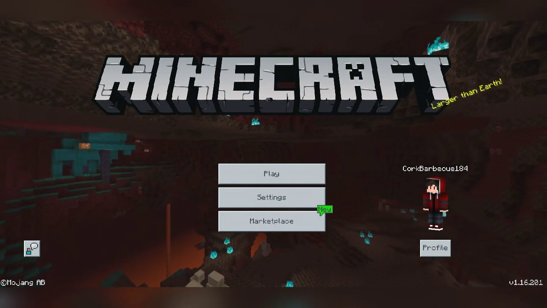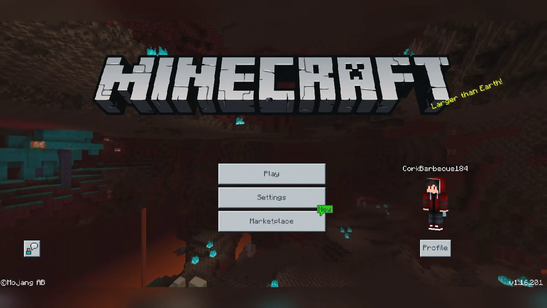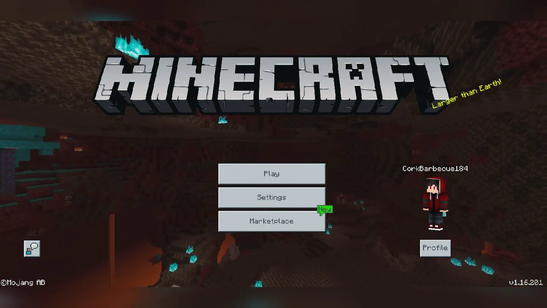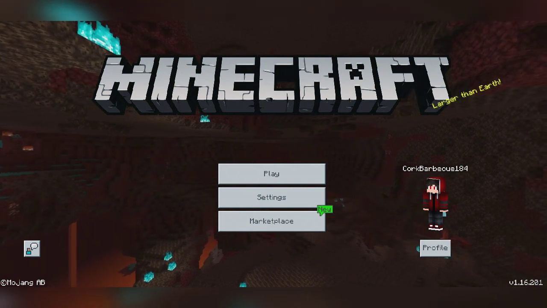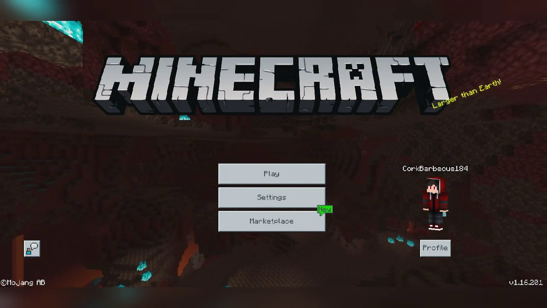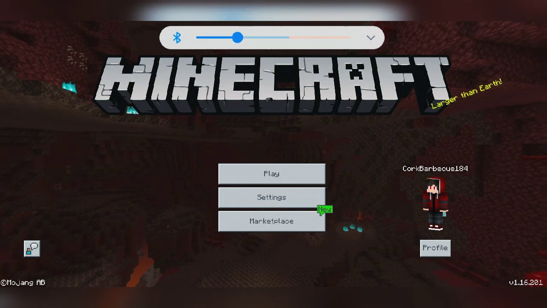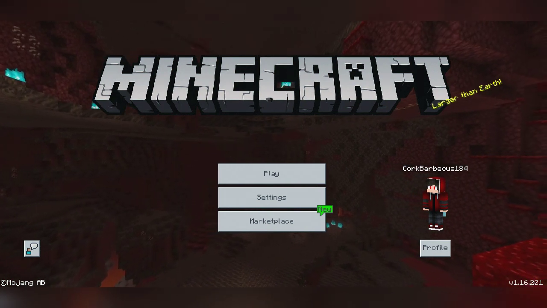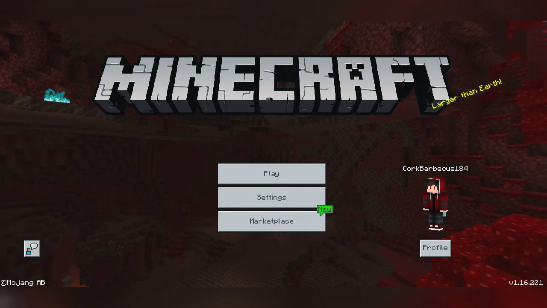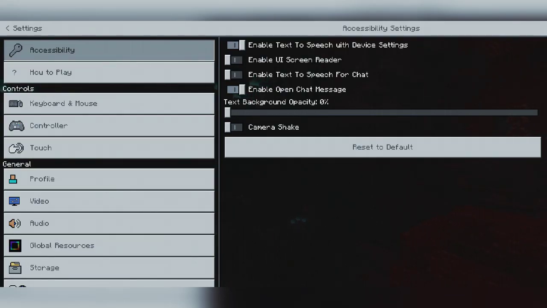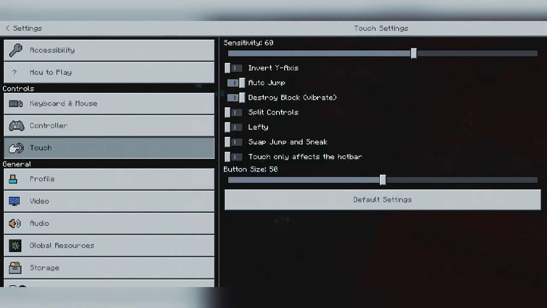Today in this video, we are going to be seeing how to remove lag from your Minecraft Pocket Edition or Minecraft Windows 10 edition. So let's start it. Let's start the video. So apparently in Minecraft 1.16 there has been a lot of lag, and most of the players aren't able to get 25 FPS on mid-end devices. You guys might know what mid-end devices are. So in this video I'm going to show you guys how to do that.